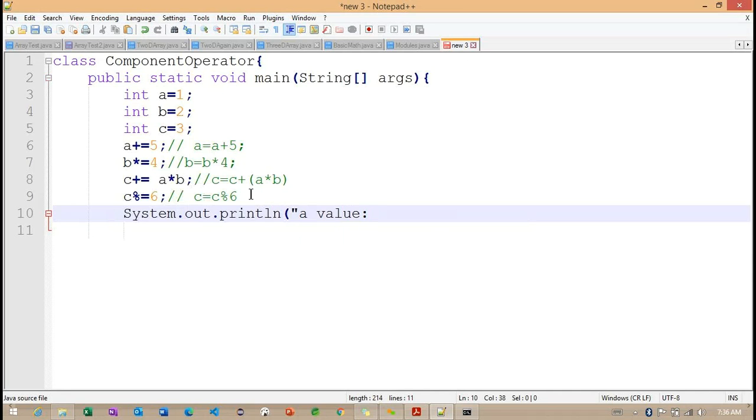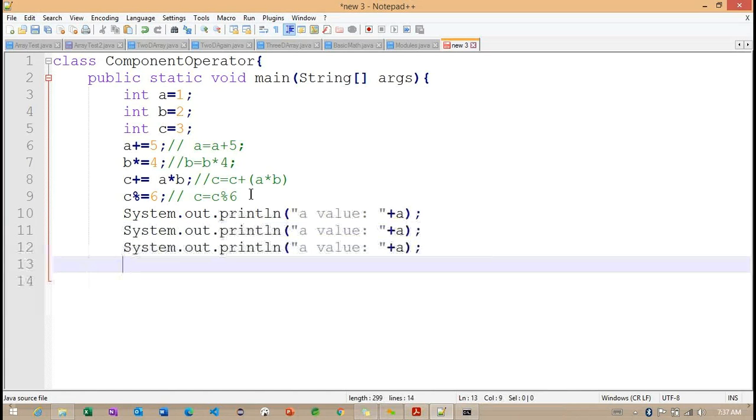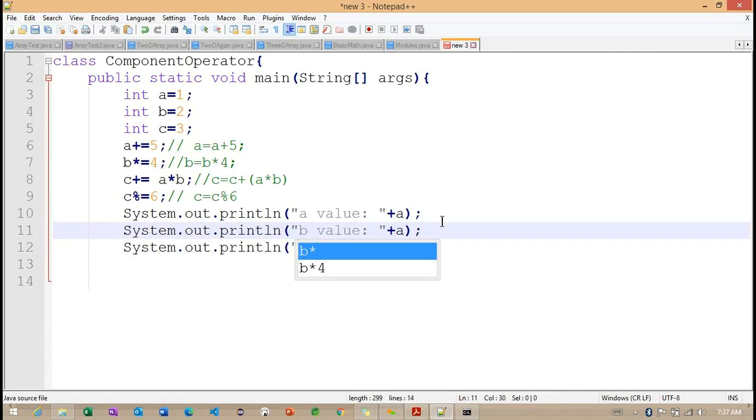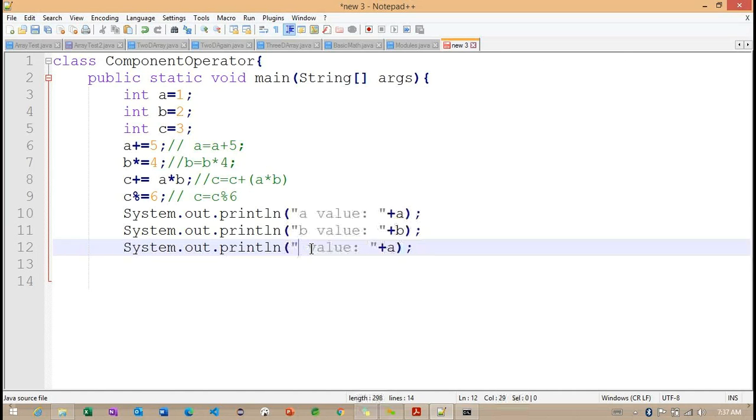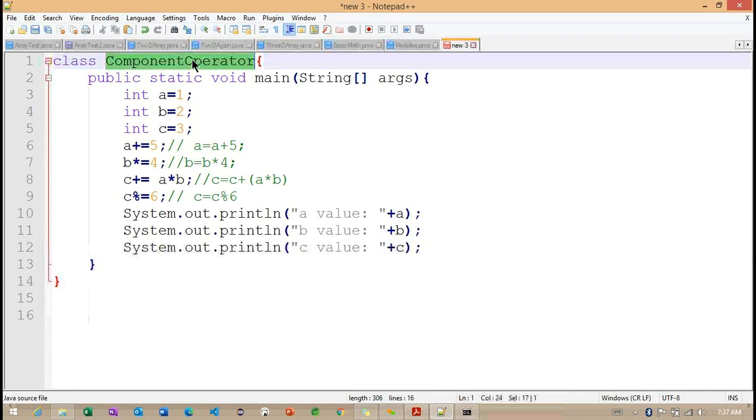Getting the point. Here I'm defining the a value and the c value. Getting the point.